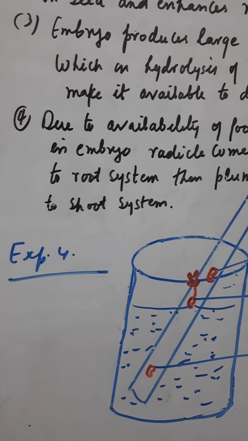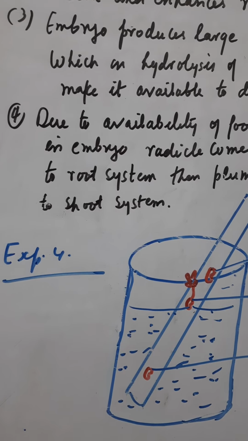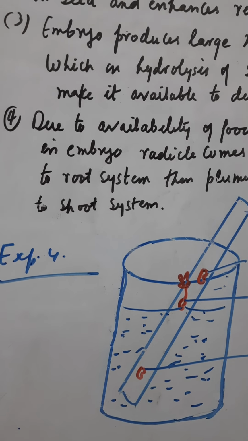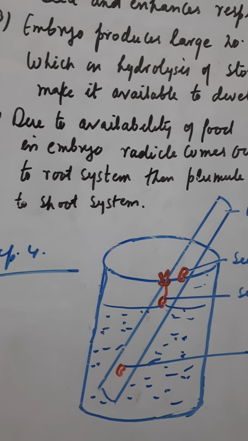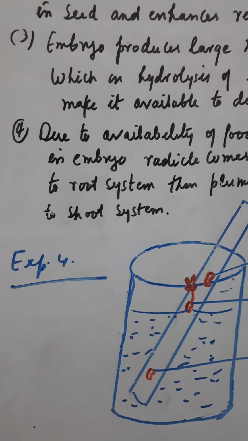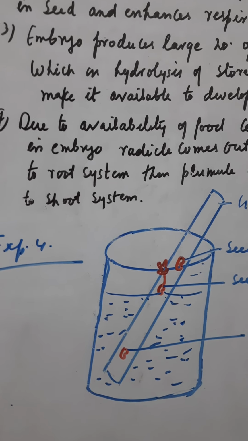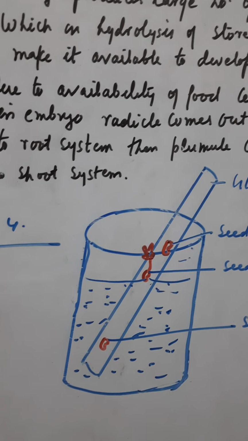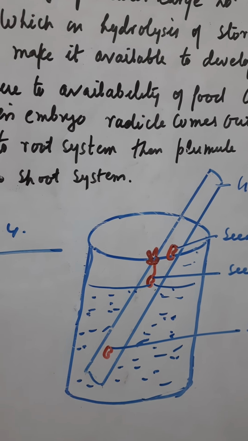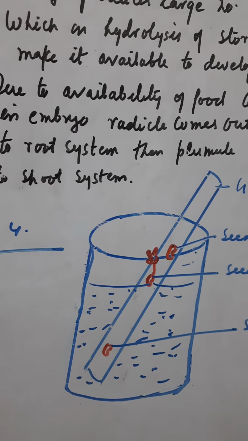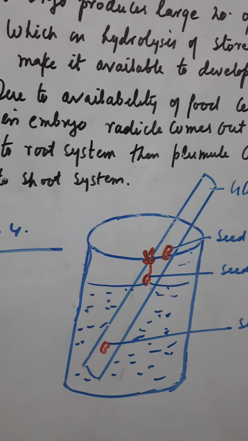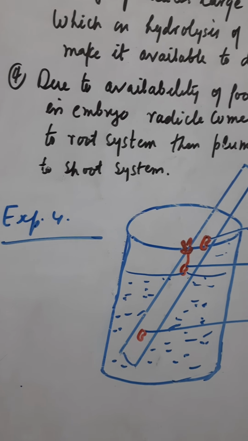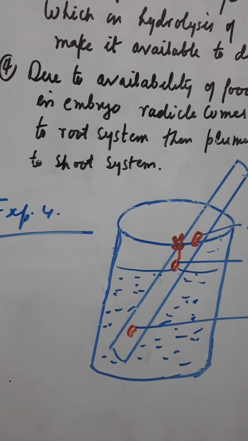In C, unsoaked seeds are placed on dry cotton wool or dry blotting paper. In D, soaked seeds are completely submerged in water. So now you would have come to know that germination will take place only in petri dish A, because here the proper germination of seed needs an adequate quantity of water. So this condition is provided. Whereas in B, C and D the germination will not take place.